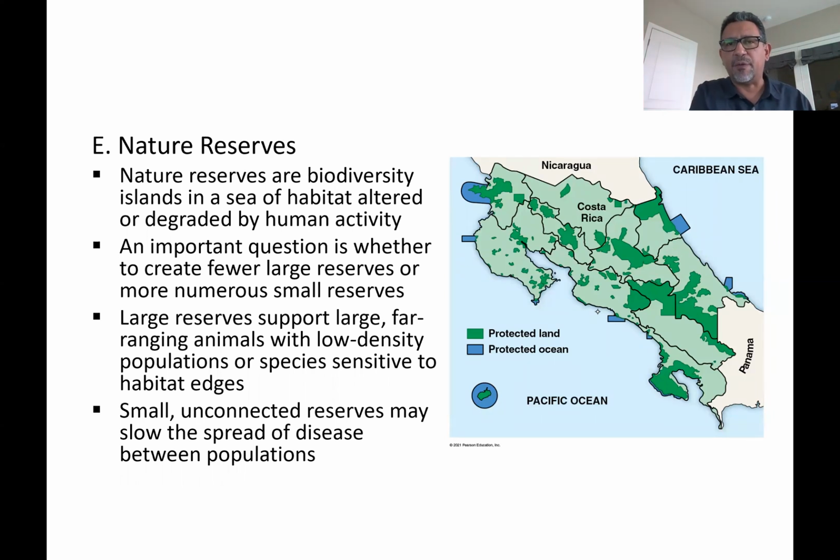When you look at this map of Costa Rica, an example I mentioned in another presentation, this is a place where forests were decimated to about 21% in the 1970s. And now the country has rebounded in terms of the amount of forest habitat. It's approximately 50% now. And as I mentioned before, the advantage is that many of the species that had their numbers declining have now rebounded, and conservation has been done in a way that